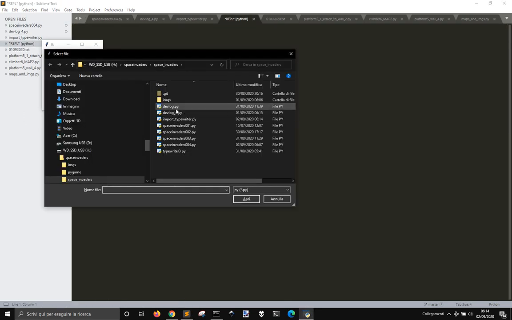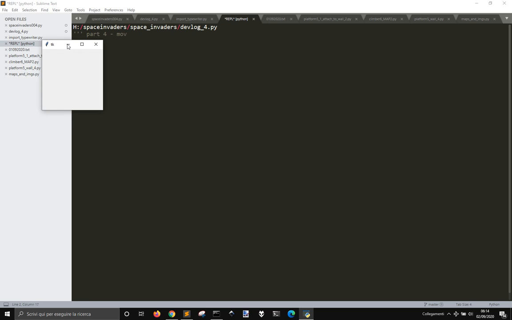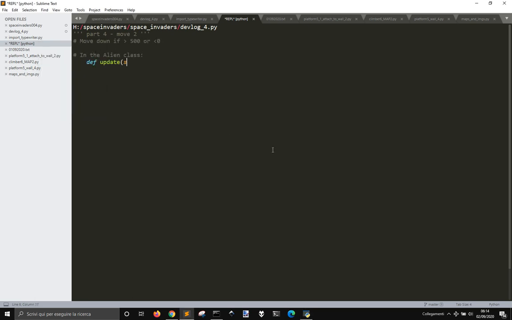So in the alien class, we will add this update method, and we have this global variable directs that is intended to move all the aliens in the same direction. And then we have this go down